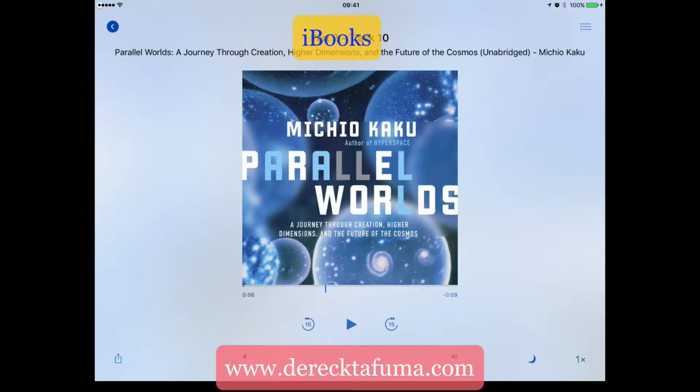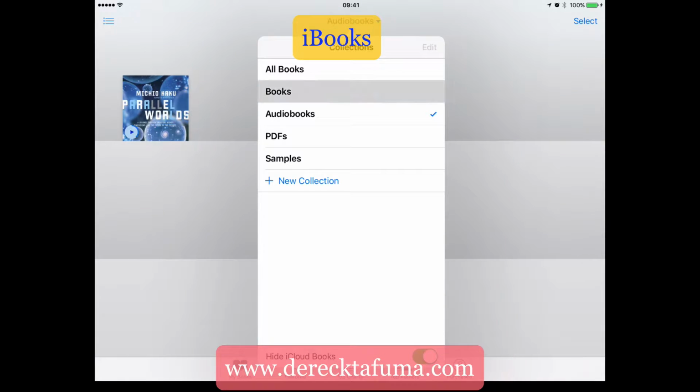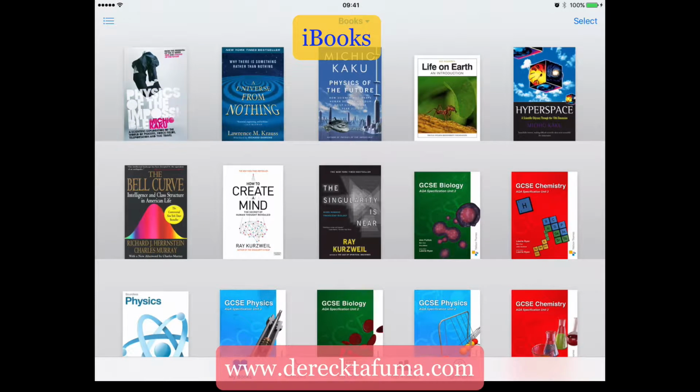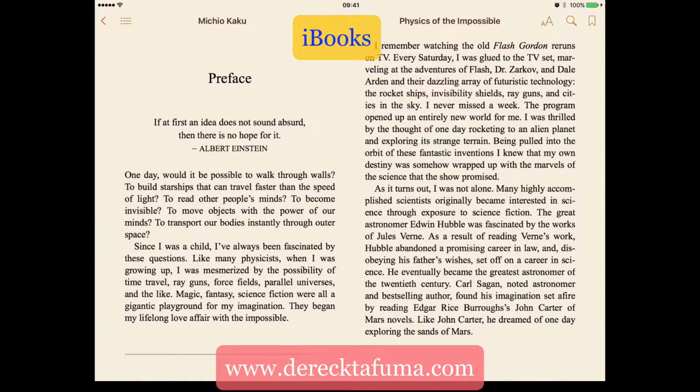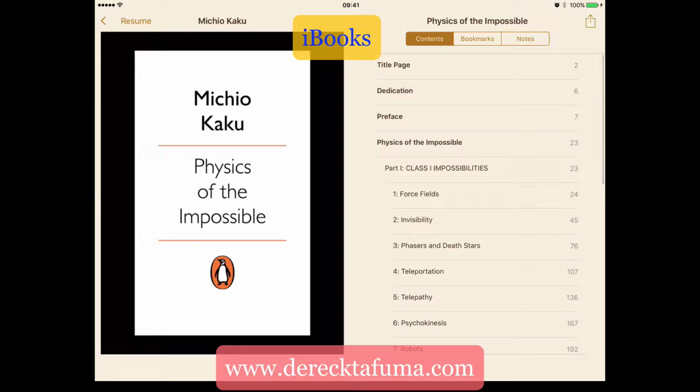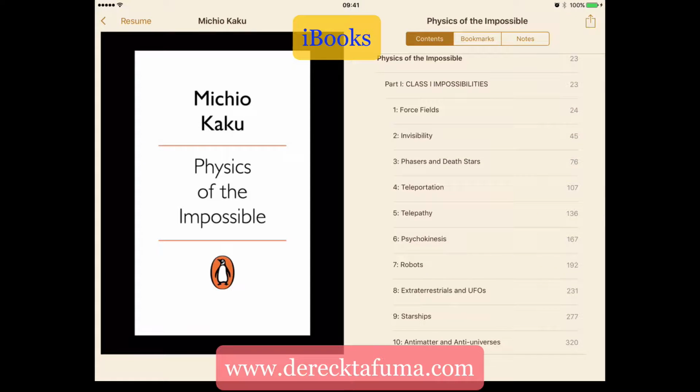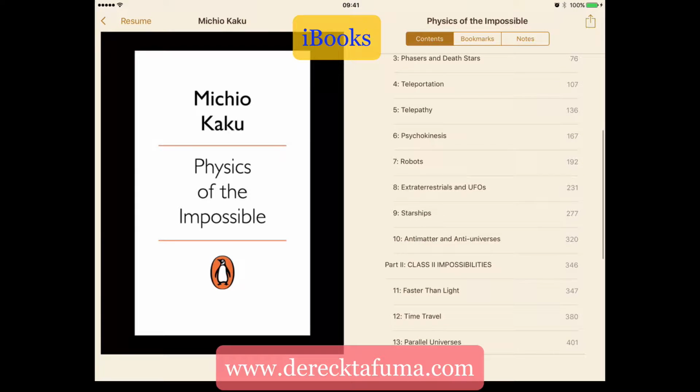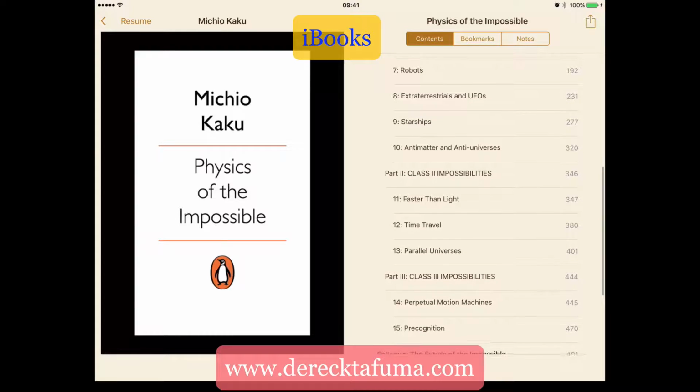Okay. And I'm gonna go back to books and just show you what it looks like to read a book. So here is one of his books, and this is what you get. If you click on these lines here, you get all the pages, all the contents. So you've got part 1, class 1 impossibilities, which includes force fields, invisibility, phasers and death stars, teleportation, telepathy, psychokinesis, robots, starships, extraterrestrials and UFOs, antimatter and antiuniverses, class 2 impossibilities that include faster than light, traveling